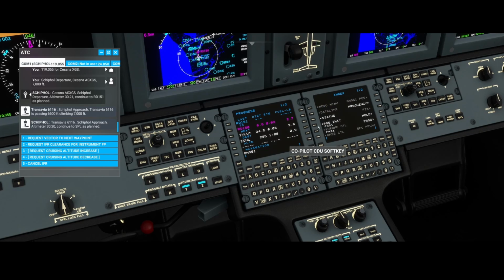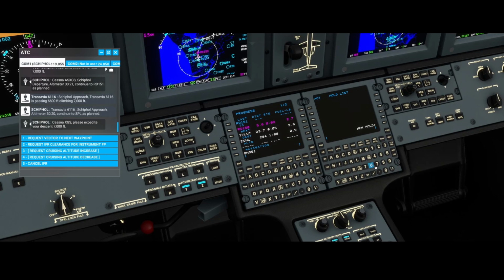For the co-pilot, and then go to the hold. Or you can press the index button over here and then go to hold, and that will show you this option, right? So it will show you the active list of holds which you configured. So currently nothing has been set up, so we're going to click on new hold, and then we're going to